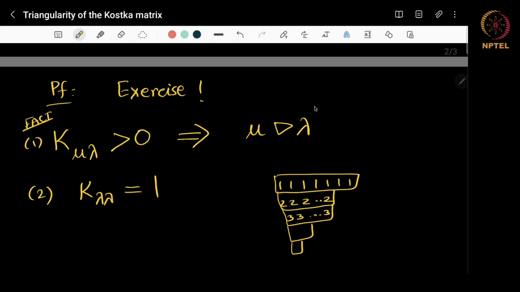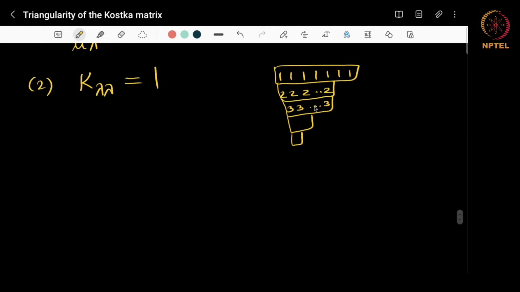So if the shape and the type are the same, then there's really no choice. All the 1s must be in the first row, the 2s in the second, the 3s in the third, and so on. So in other words, there's just a unique semi-standard tableau of that shape and type. So K lambda lambda is actually 1. Good. Now let's come to the theorem